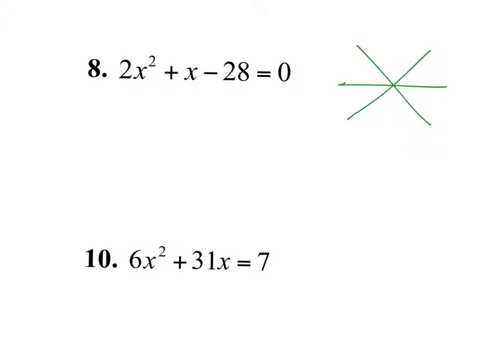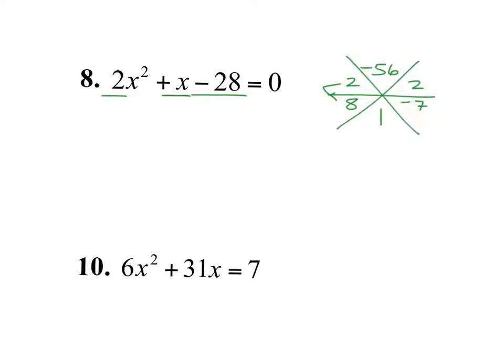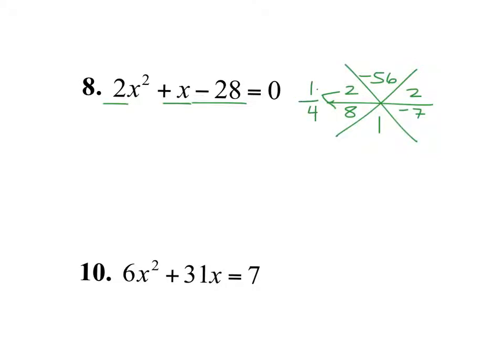Negative 28 times 2. Right, so your a times c is negative 56. Your b term is 1. You have a 2 here. Don't forget that a term. What can you multiply to get negative 56 that you can add to get 1? Negative 7. Positive 8, negative 7. Don't forget to reduce this guy. This is 1 over 4. So your answer is x plus 4 times 2x minus 7